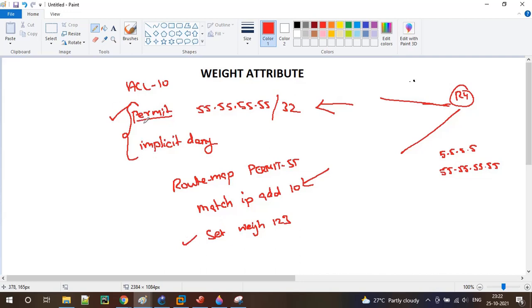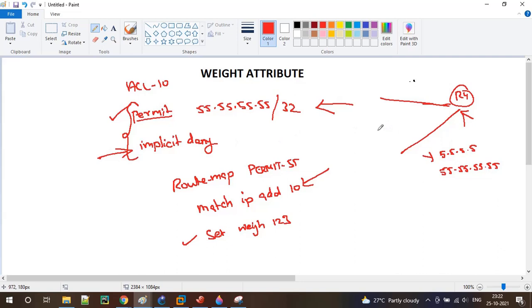Because of the permit, it is allowed to be installed into the BGP table. And do we have any permit statement for 5.5.5.5 in the ACL? No. The first line did not match 5.5.5.5, and this is the only line that we have, and at the end we have implicit deny.